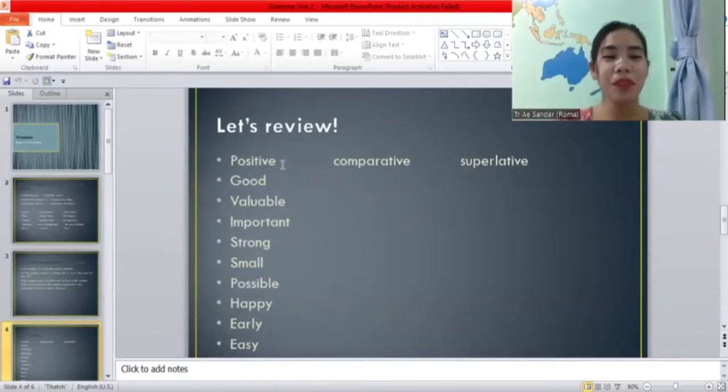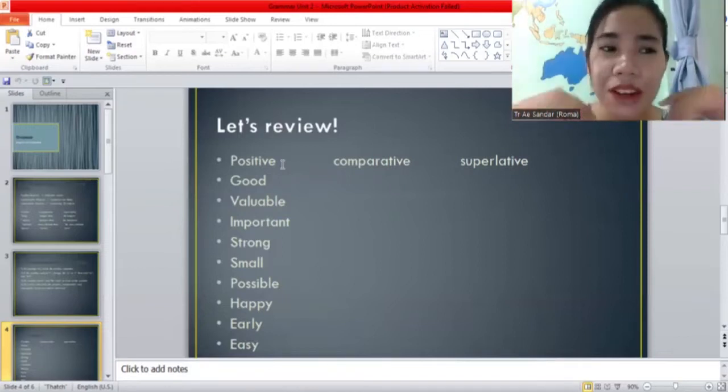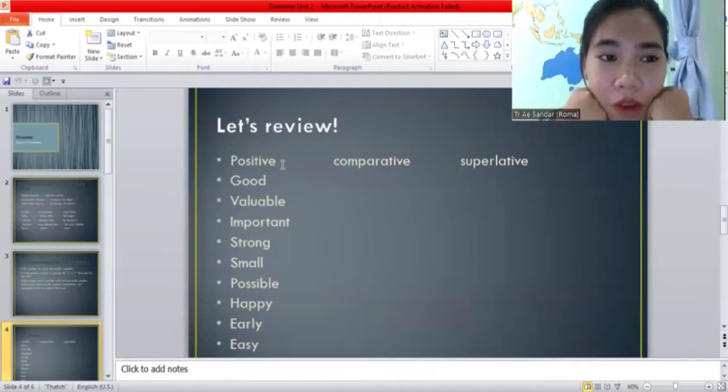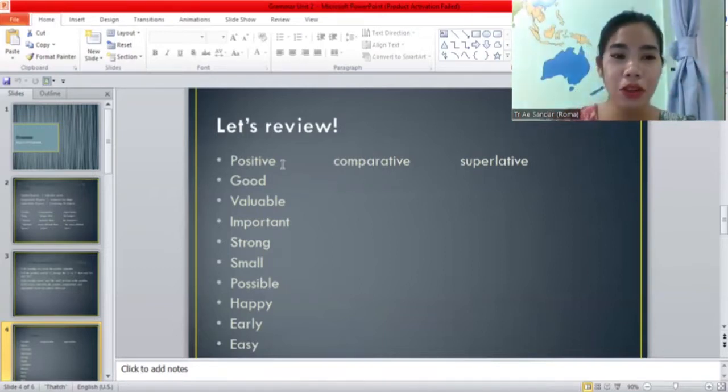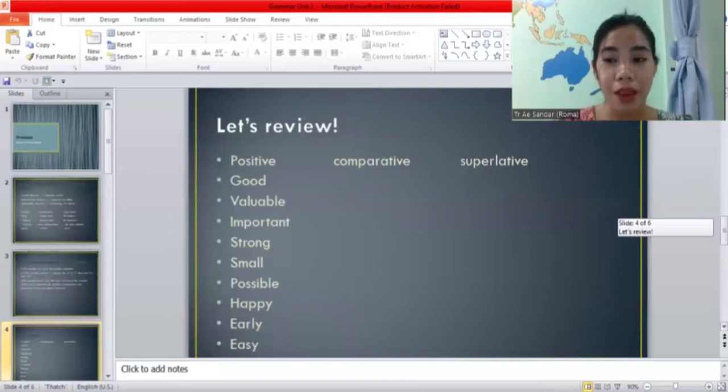The first one, good, is already done. Then valuable, important, strong, small, possible, happy, early, easy,